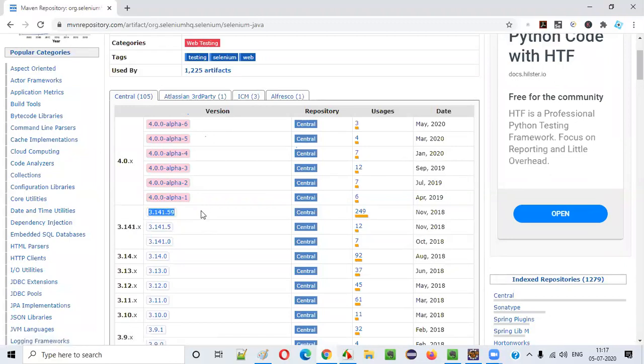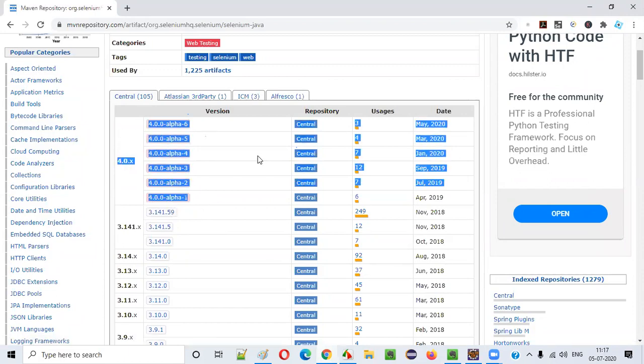That Selenium guys have released so far into the market. After that, they started developing Selenium 4, okay, which is not stable yet. These are all not stable. But if you talk about stableness, tell me which version I am going to use for demonstration during my sessions. Which version I am going to choose?